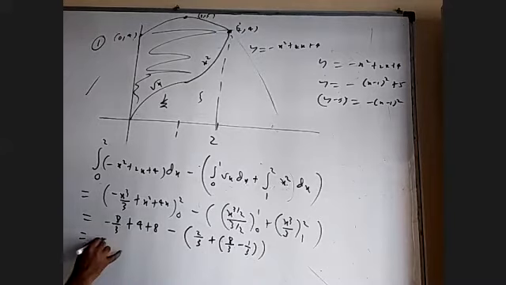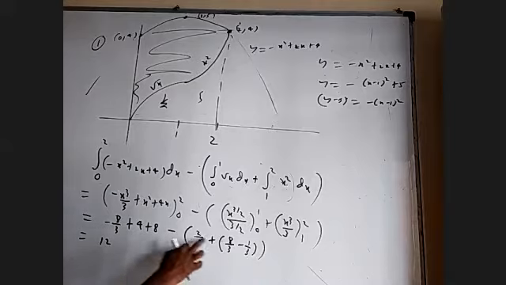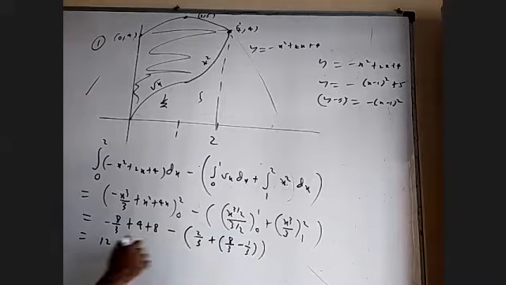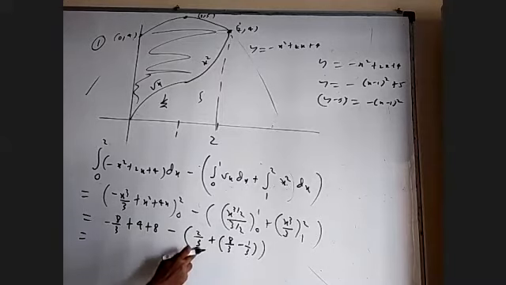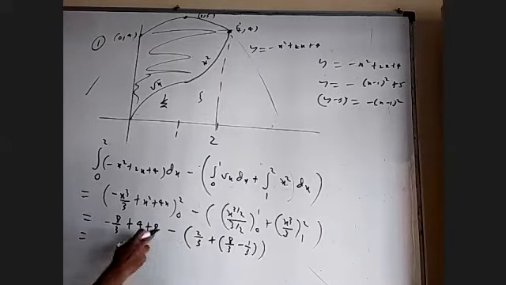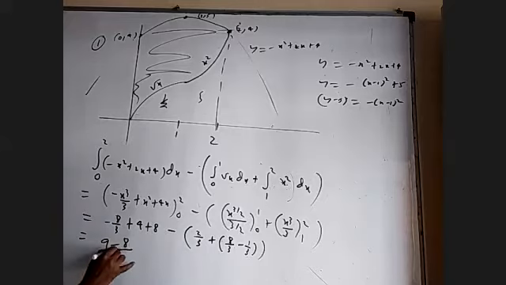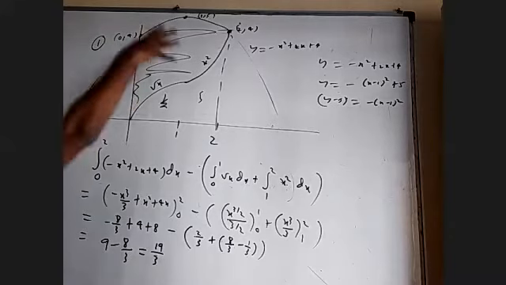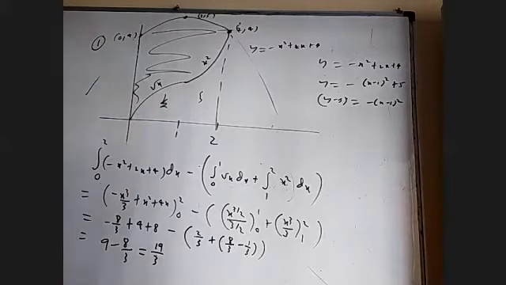So 4 plus 8 is 12 minus 8, and this is 2 by 3. This is 1 by 3, 9 by 3, 3. This is 3. 8 minus 3 is 5, 5 plus 4 is 9. 9 minus 8 by 3 is 27, means 19 by 3. And which option is there? This option. Yeah. So there's nothing but upper curve minus lower curve, the total area minus this piece and this piece.